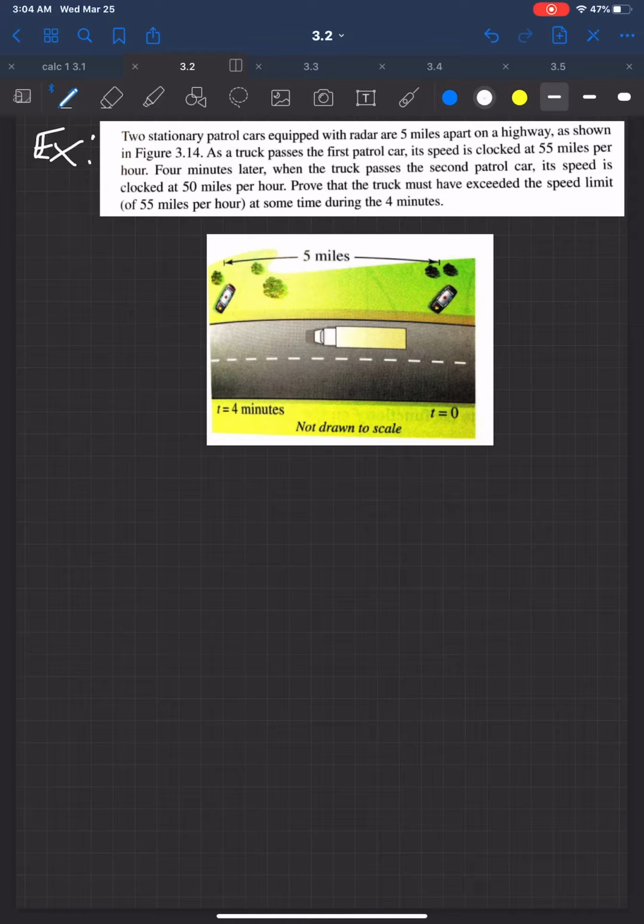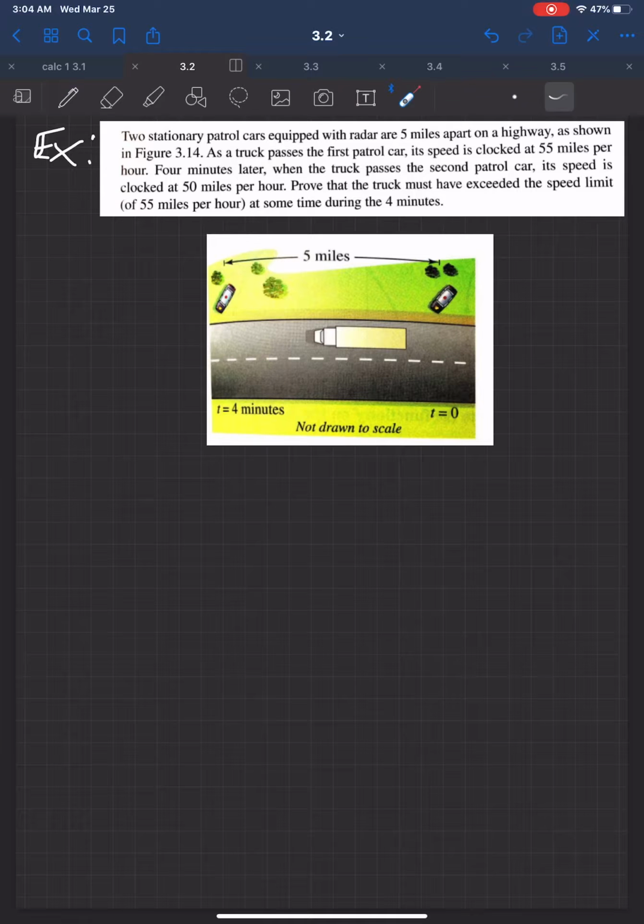Okay, so let's actually do some applications with the mean value theorem. I told you it is quite an amazing theorem, with far-reaching implications. But what I want to do right now is read this question to you, okay? So it says,